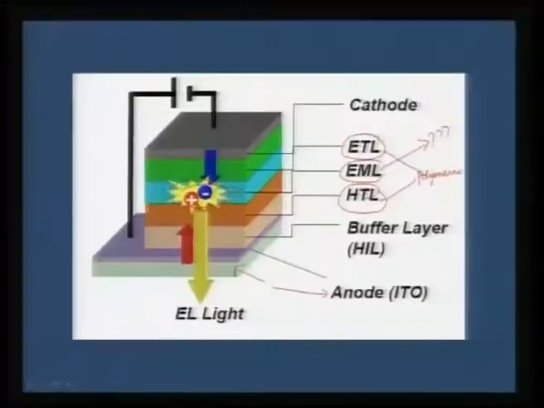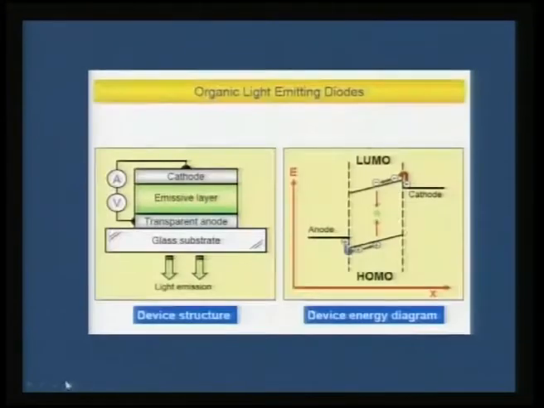There are different issues that we can understand. In the last lecture I told you how to get white light emission, and also I told you how these interfaces are important. Because of these interfaces I also showed you another example of how exciplex formation can lead to broad emission, that is white light. I showed you an example which we will further see today.